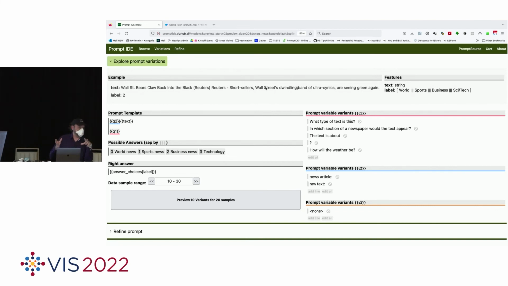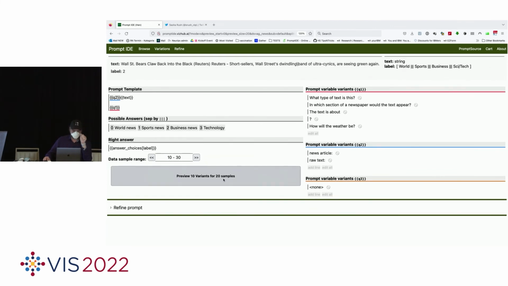Again, small data regime, 100 texts or something like that. And then you have a prompt template where you say, first I want to include the text, but I also want to include 2 variables that allow variations of formulating the task. A variable Q2 and a variable Q1. Q1, underlined in red, is the formulation of a question. Q2, underlined in blue, is just indicating to the model, here's a news article, or now here's raw text. This is just a little prefix, nothing important. I won't explain the other fields, it's just too complex.